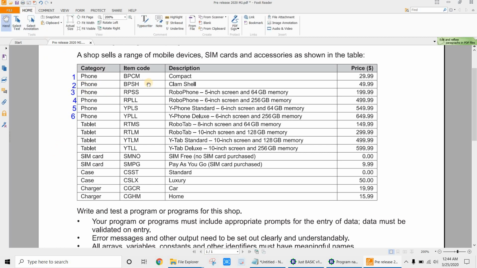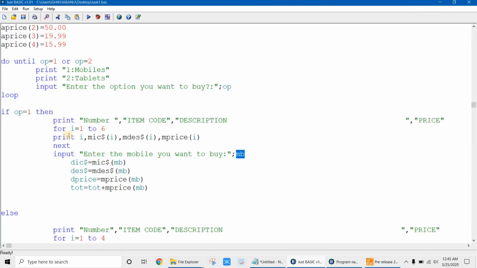Now in the second location, we all know clamshell is a phone. So the user will be prompted to input, enter the mobile you want to buy. I have given 2 as input, so that device, D stands for device item code. Okay, which device they are planning to buy,